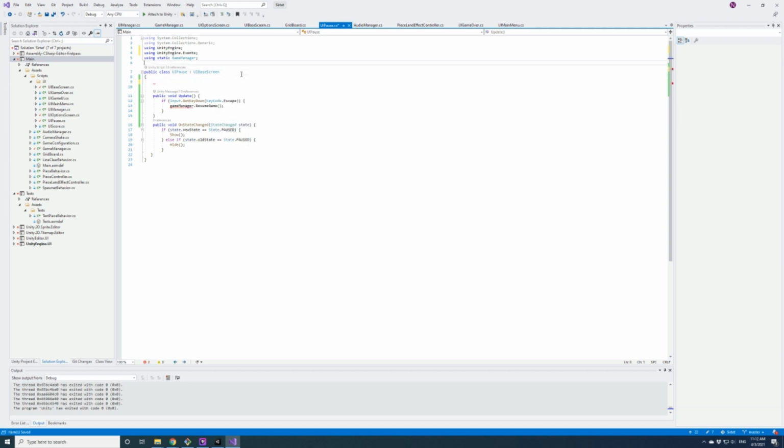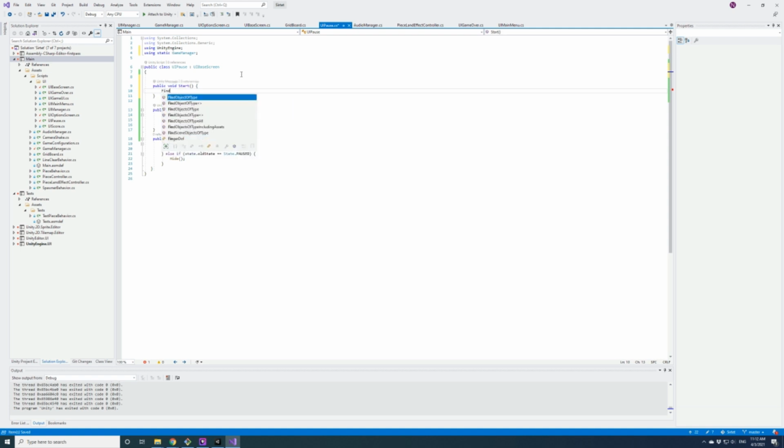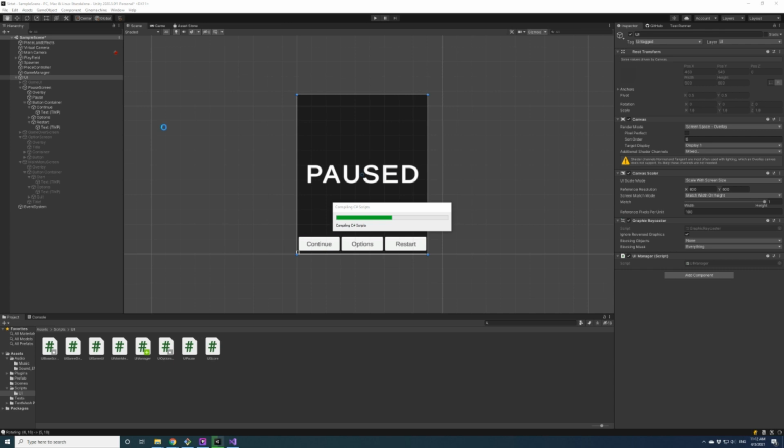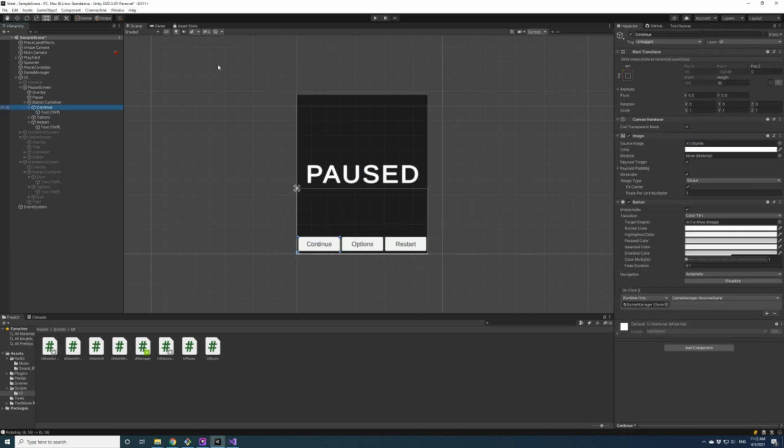Or wait, what if, so doing that, we had escape basically be the same as the pause button. So we're going to do find, we want to find the continue button.